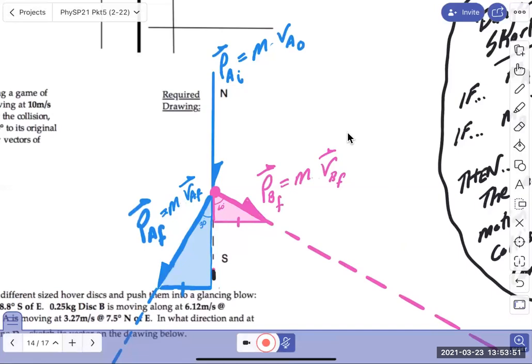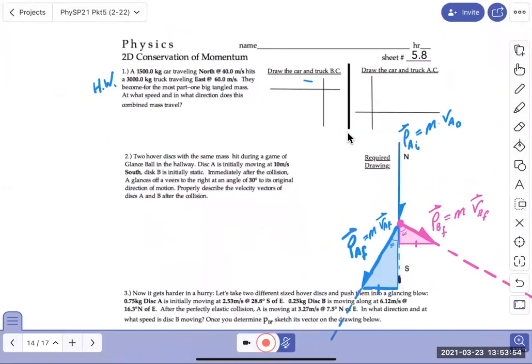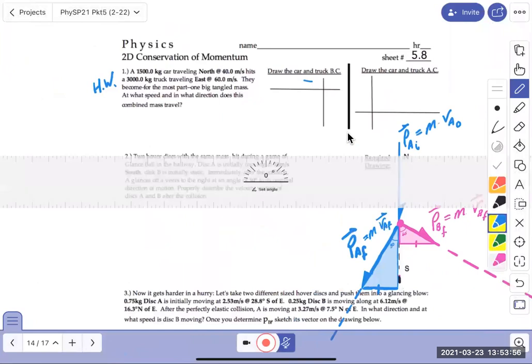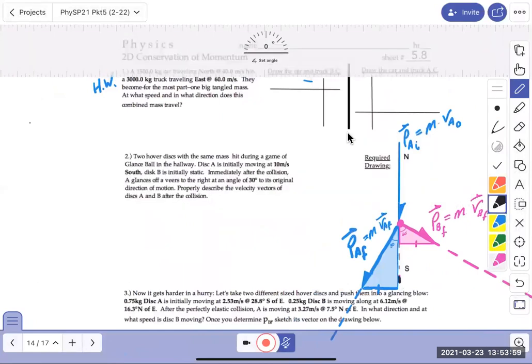Okay, so now let's set the equations up. We're going to break this up into x's and y's. So let's start off with the x direction. In the x direction, we have summation of p initial x equals summation of p final x. So initially in the x direction, I have m times v a naught. And that's all I have. I could say plus 0, I guess, because B is not giving you anything initially. And then at the end in the x, I have,